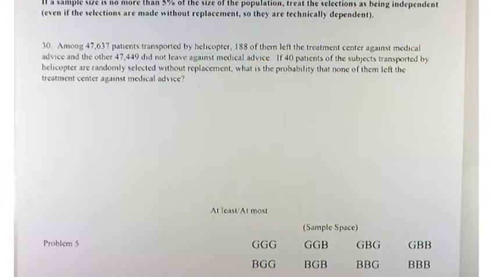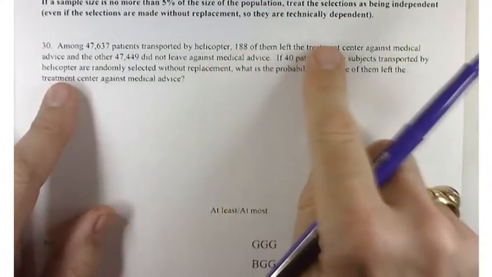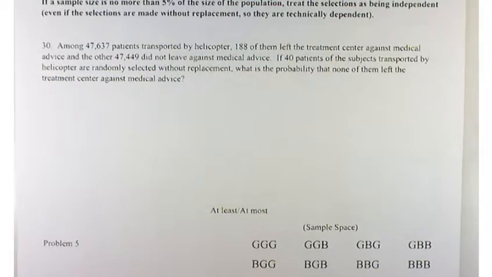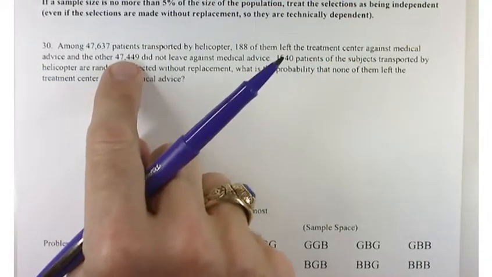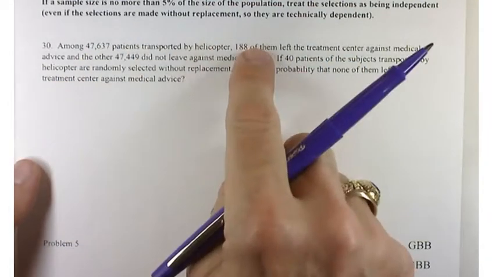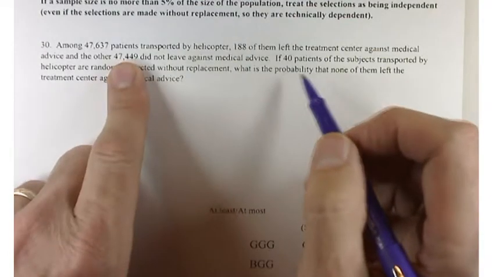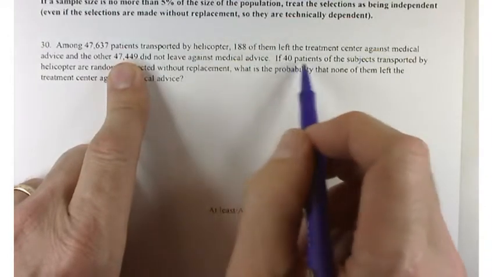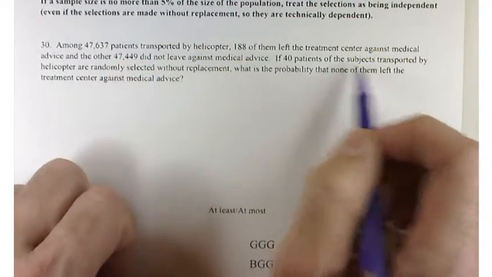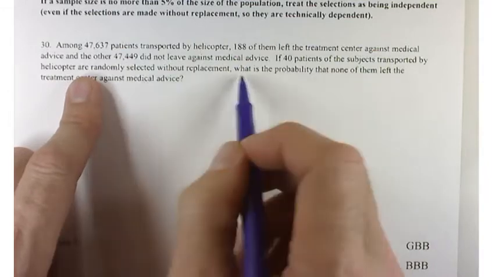47,637 patients are transported by helicopter. 188 of them leave your treatment center against the medical advice. The rest of them, so this minus your 188, gives you 47,497 who did not leave against medical advice. So some leave, some don't. Most of them don't. If 40 patients of the subjects transported by helicopter are randomly selected without replacement, what's the